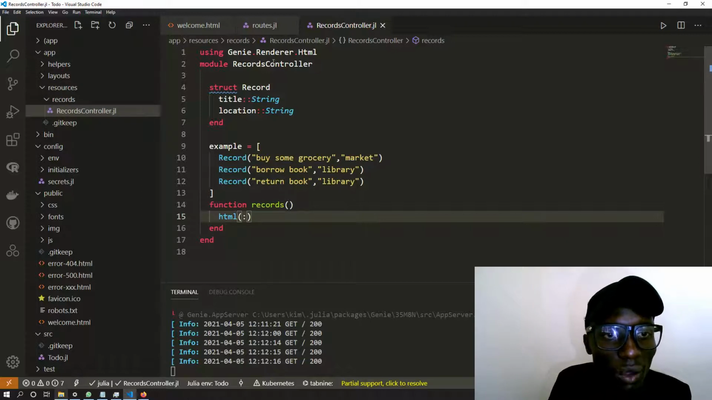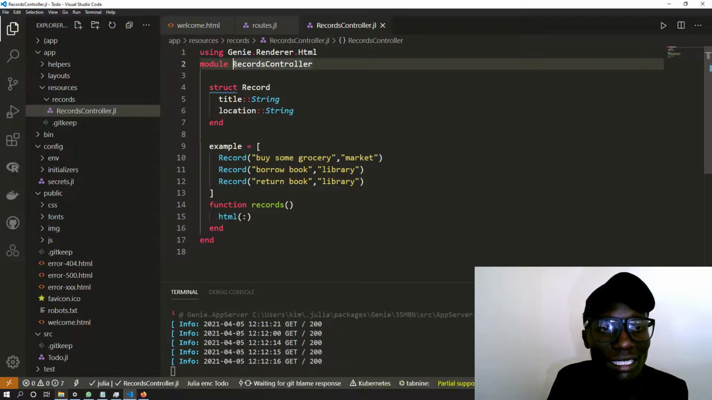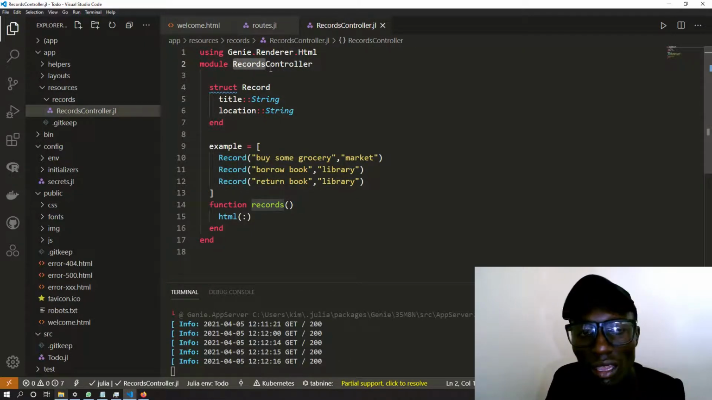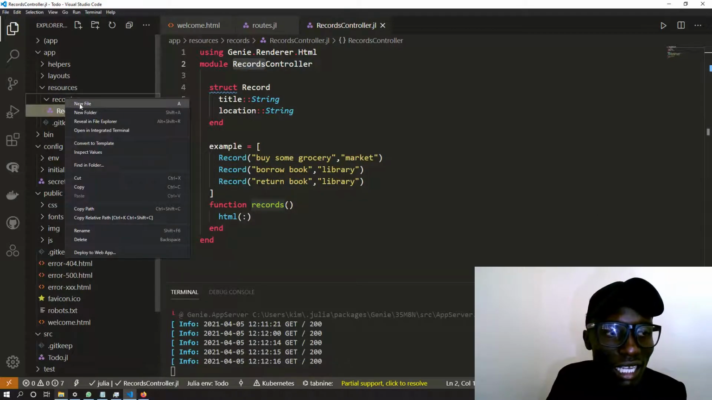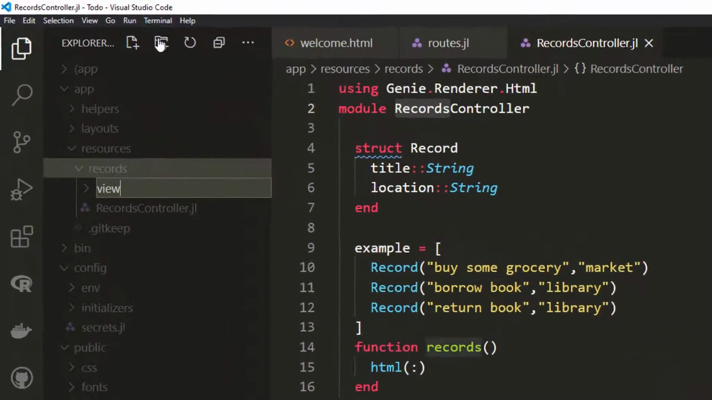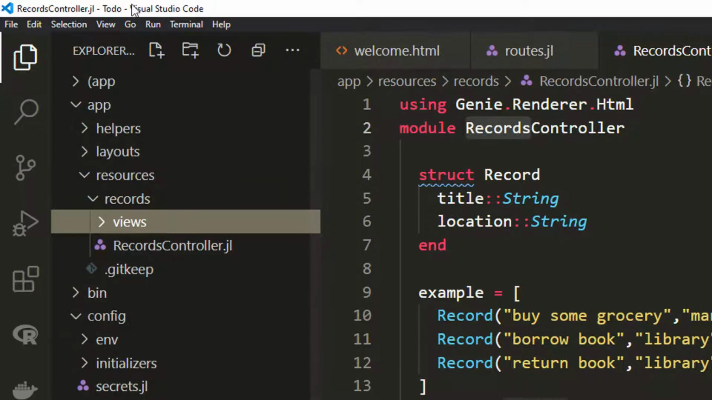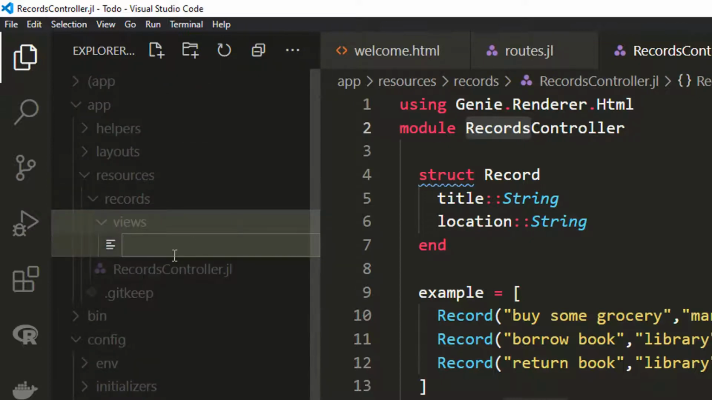Since we are working in the records controller, it means that all of this app is dealing with records. So inside records, create a new folder and call it views. This is what Genie expects, so you have to do it. I'm really sorry for mixing up Julia and Genie. So Genie expects you to have views inside records, and then inside views you can create any templates you want. Any name can work over here,